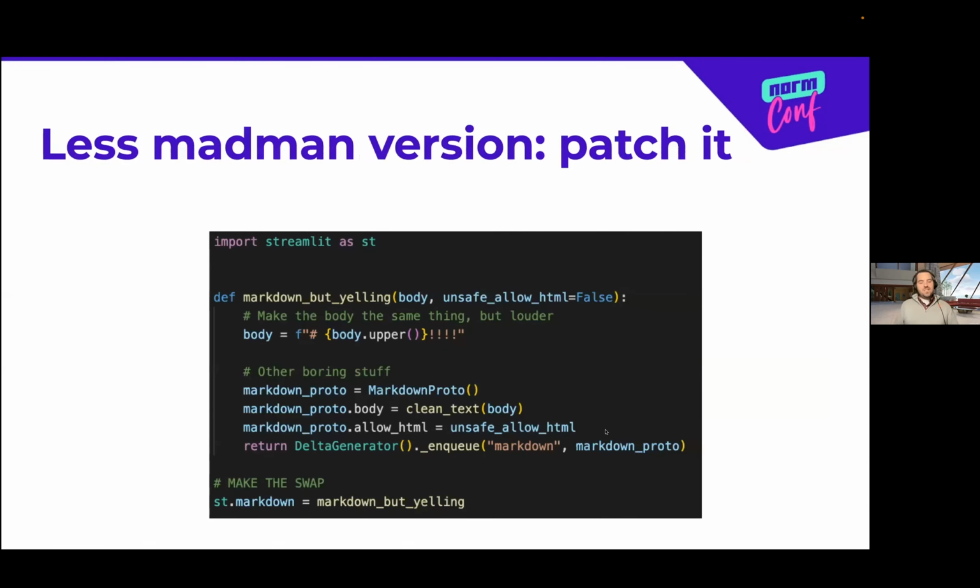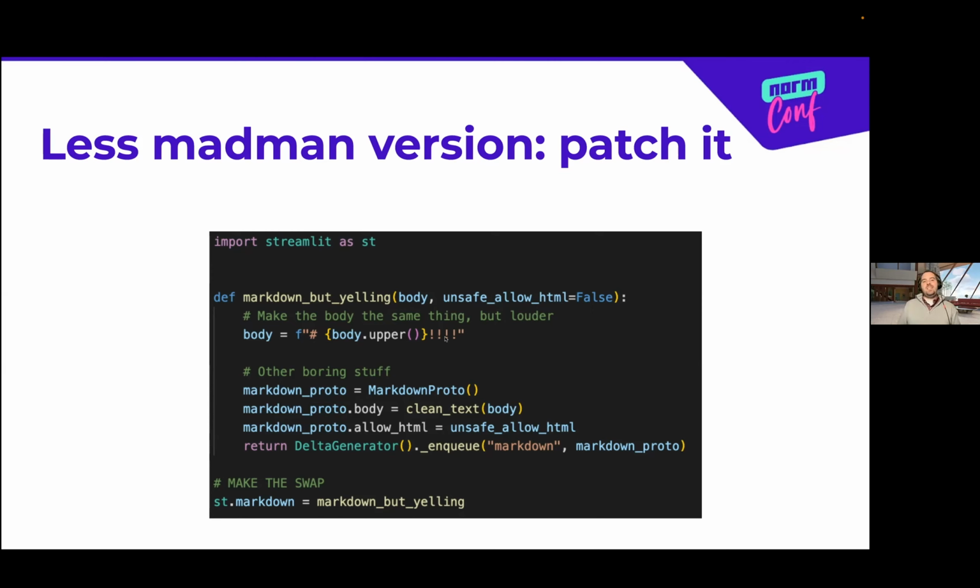But if you want to do the slightly saner thing, which is, okay, I have this code, I want it to behave differently. Here's an example of what you can do. So if I'm building a Streamlit app, it has this markdown function that I think is nice, but it really could be a little more exciting. I just want to have a little more emphasis, a little more oomph whenever I'm adding some markdown to my app. So I've imported my original code, and I've written this new function, which takes the same arguments as the old one, and manipulates the string that I passed in a little bit, and then some other boring stuff that I don't care too much about, and I just copied from the source code of the old one.